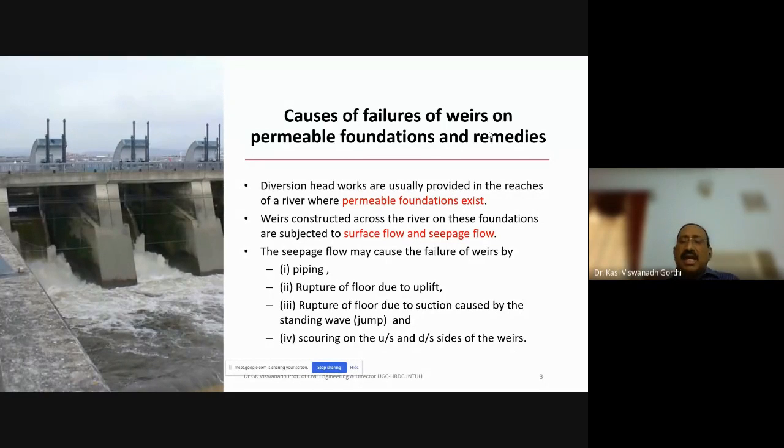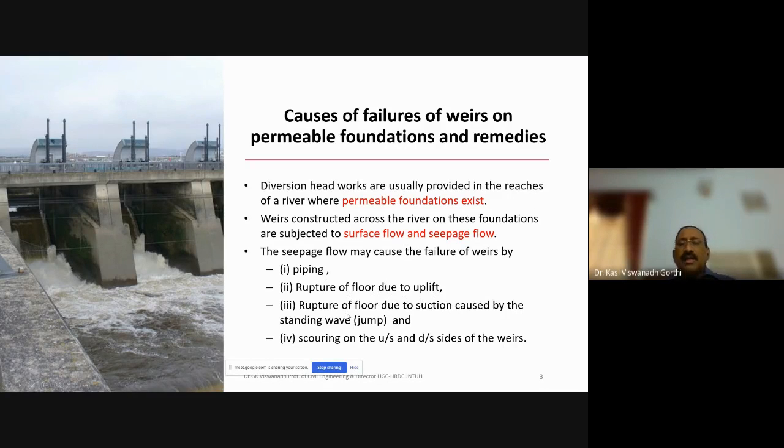Weirs constructed across the river on these foundations are subjected to surface flow as well as seepage flow. Surface flow is the flow of water over the weir. Seepage flow is the flow beneath or through the body of the weir. The seepage flow may cause the failure of the weirs either by piping,